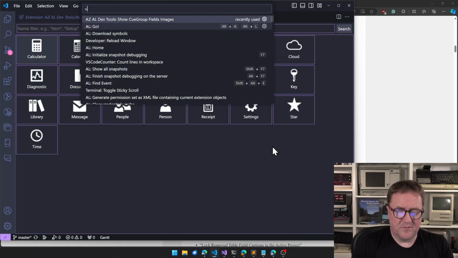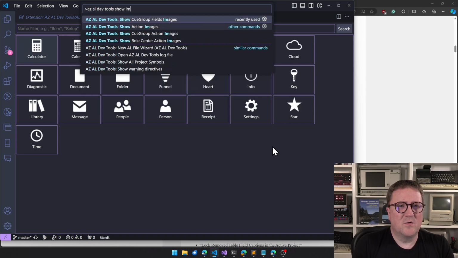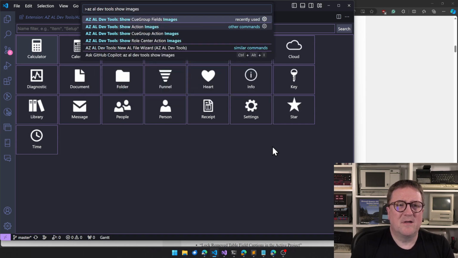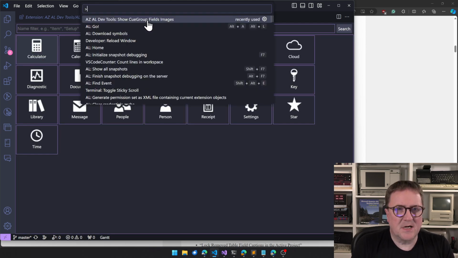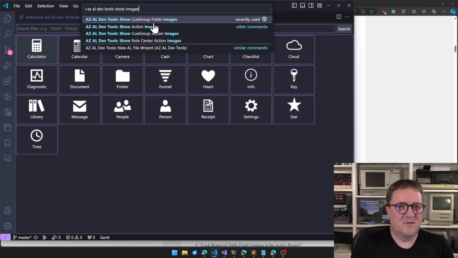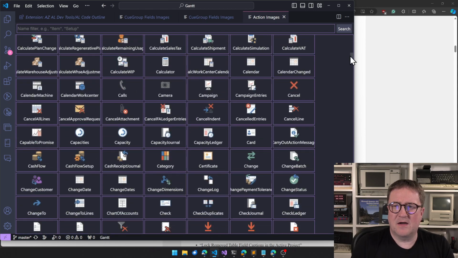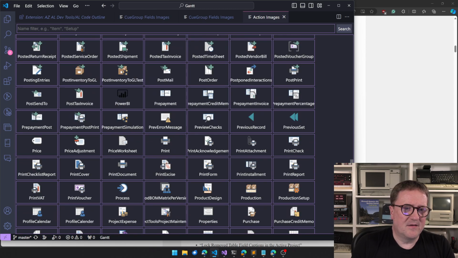We can try to do an AZ AL DevTools show. How about we go with, did I just select DevTools show images, action images? Boom. Here is all the action images you can select.